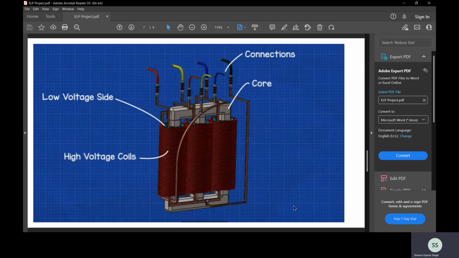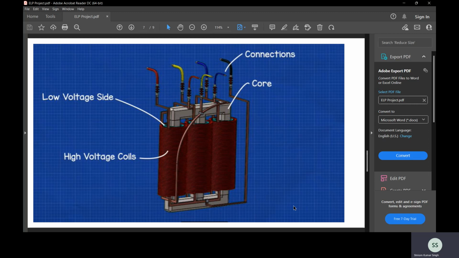So this is the transformer which we currently use for day-to-day purposes. So this is the schematic diagram. This is the diagram of a three-phase transformer. So why do we need a three-phase transformer? A three-phase transformer has a lot of edge over a single-phase transformer. It is highly efficient. It has very few losses. Its cost of repairing is high, but the need to repair it is very low,